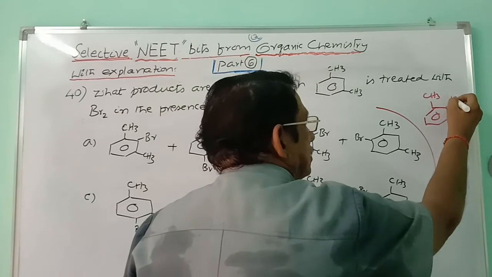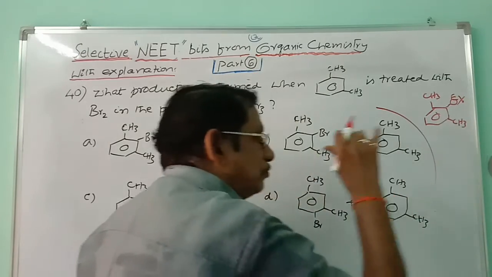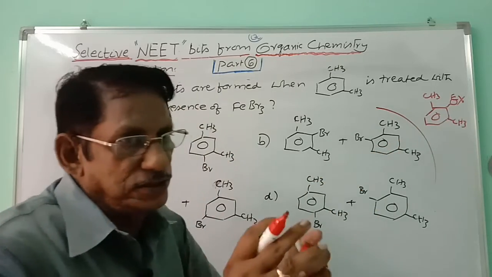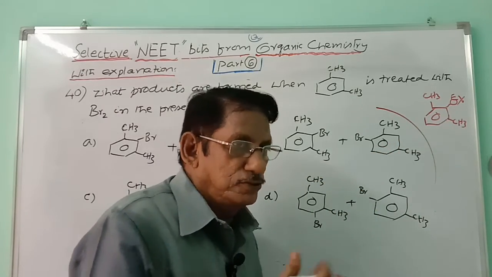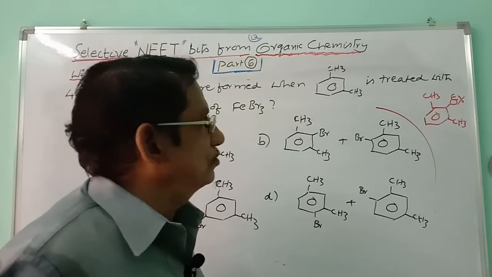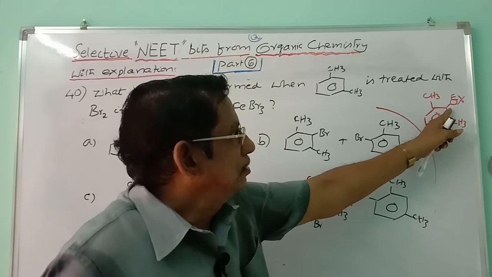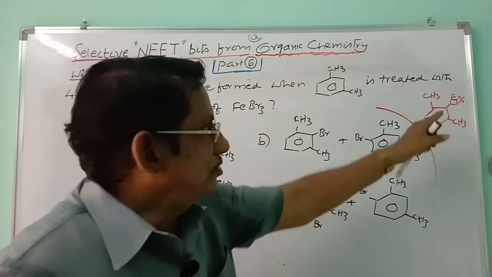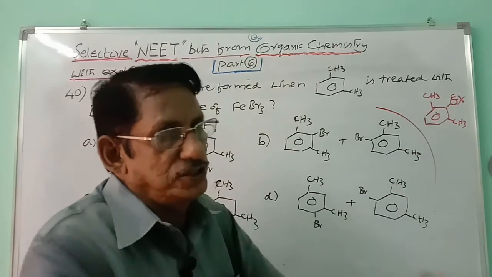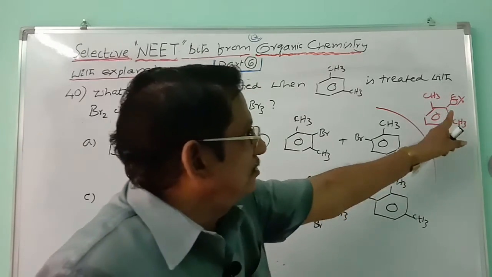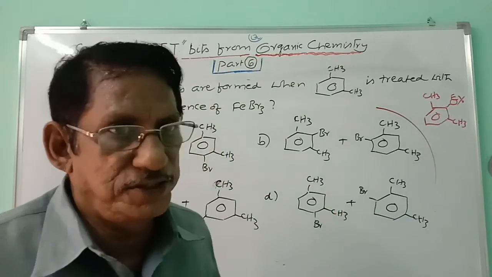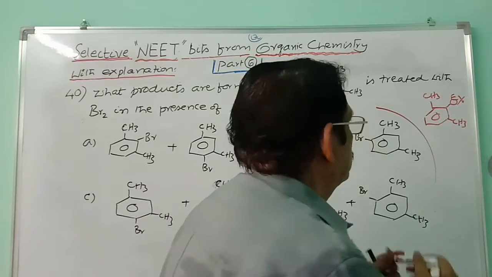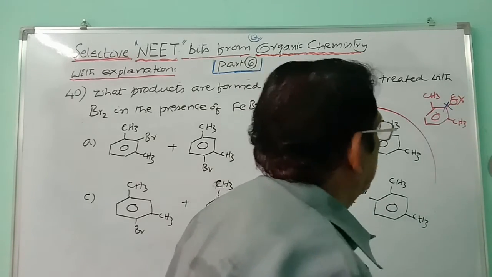But here electrophilic attack cannot take place, though the position is suitable. This is ortho position for this, this is also ortho position for this. Both are releasing electron density towards the ortho position by hyperconjugation and inductive effect also. And so this position may be the favorite one, but the steric effect you have to consider. As this position is in between the two methyl groups which are offering the steric effect, at this position electrophilic attack becomes difficult. And that is why this position is not at all suitable for the electrophilic attack.